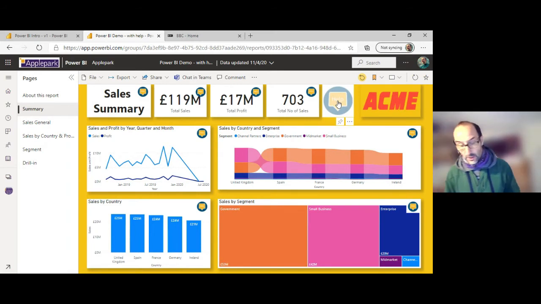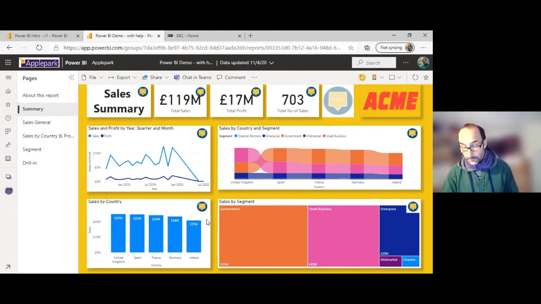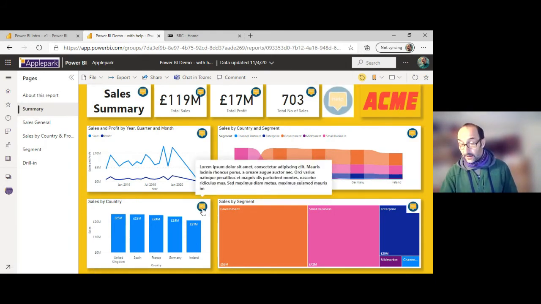So what can we do with that sort of help? Well, obviously we could have a tooltip against that icon. So we can see the tooltip popping up there, which says turn help off. And of course, if we were to navigate on, and if I had done it well, which I have done, then again, I get a little tooltip that says turn help on. So we turn the help on, and then we can put different tooltips on all of the other help icons.